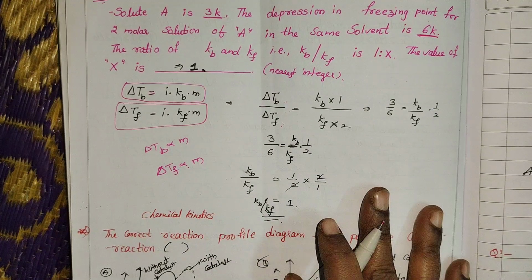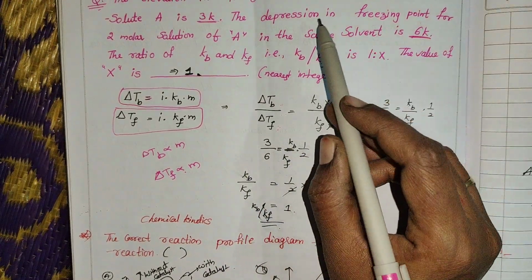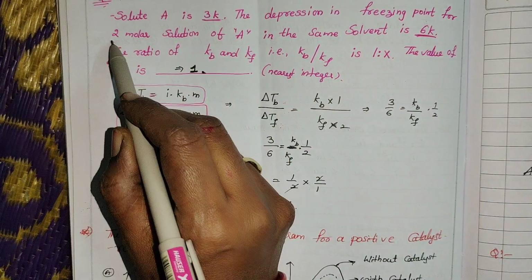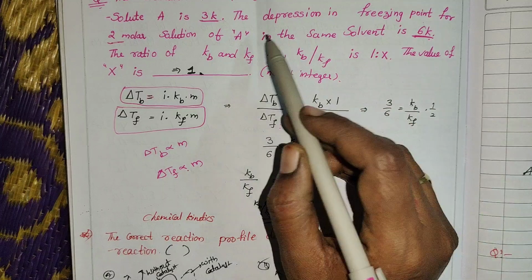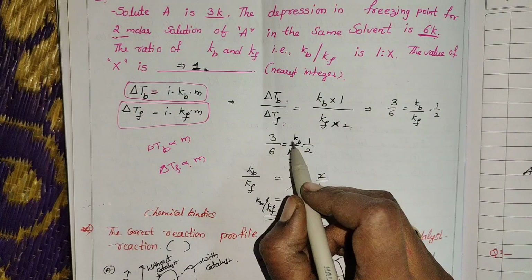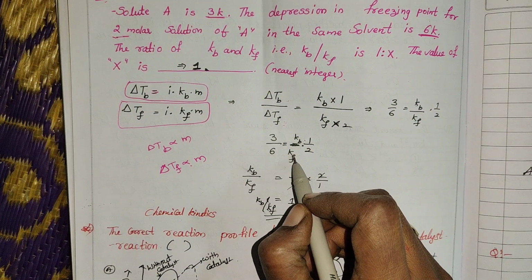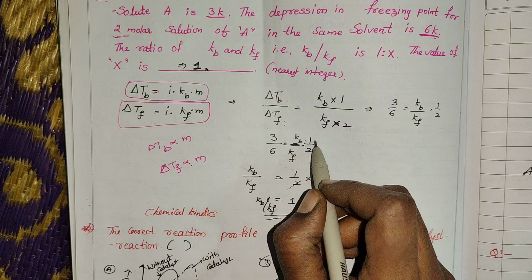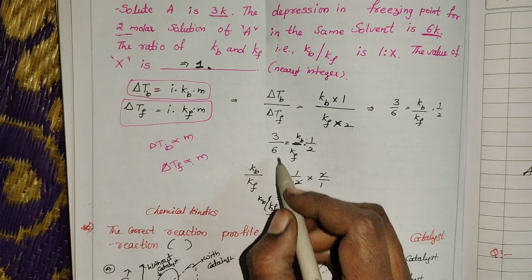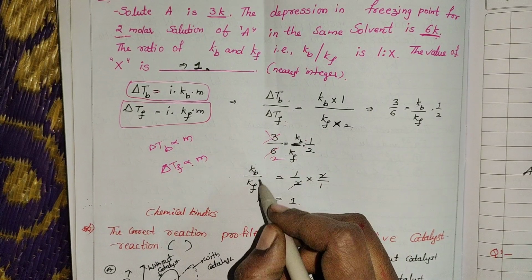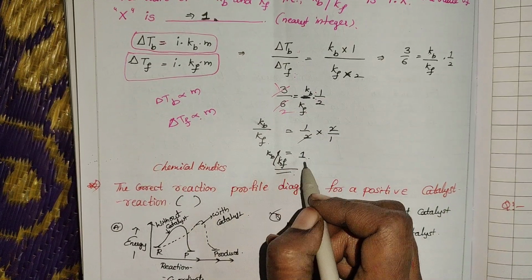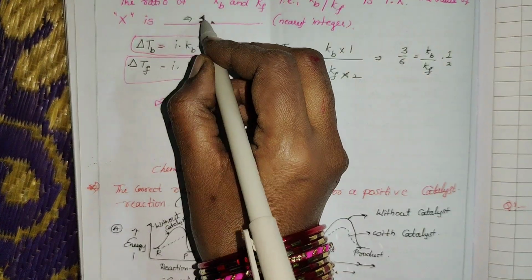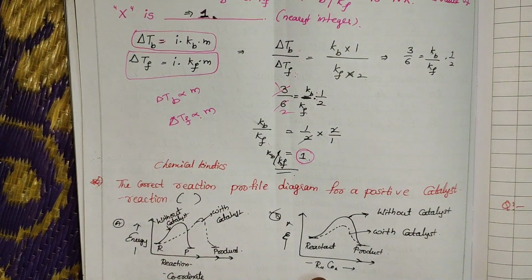Okay, next, one more piece of information given, the depression of freezing point for the 2 molar solution A in the same solvent is 6 Kelvin. Okay, so according to that here I wrote 3 by 6 equals Kb by Kf into 1 by 2. Okay, then what we get, here also 3 ones, 3 twos, Kb by Kf equals 1 by 2 into 2 by 1. So the Kb by Kf ratio is 1. So that is our answer, 1. Okay,